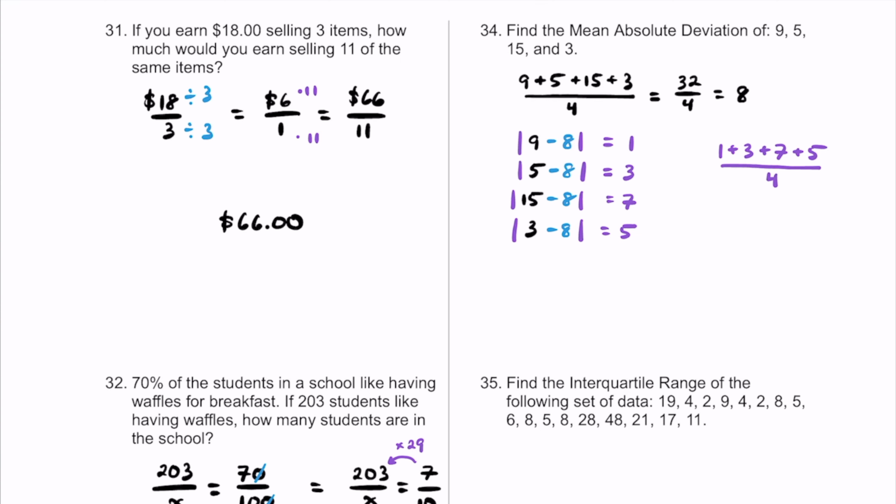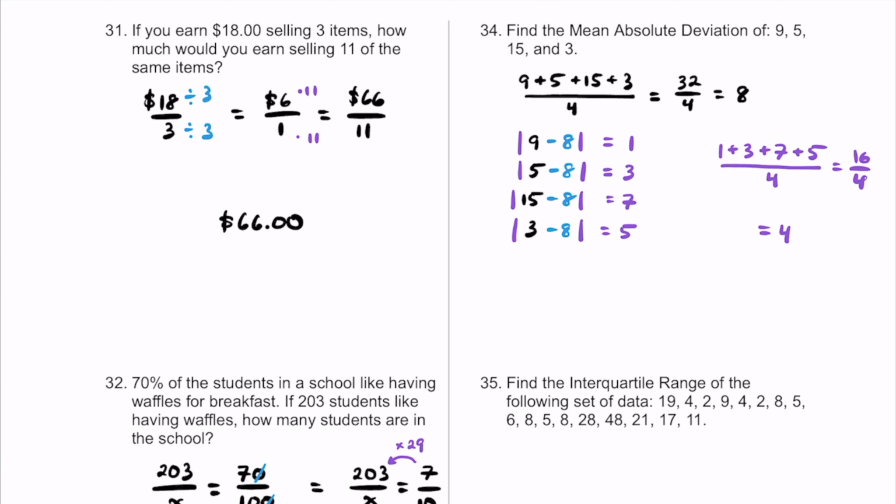Now 1 plus 3 is 4. 4 plus 7 is going to be 11. 11 plus 5 is 16. So this is going to be a total of 16 over 4, which is equal to 4. So on average, each of these numbers have a deviation of 4, or they're 4 away from the average on